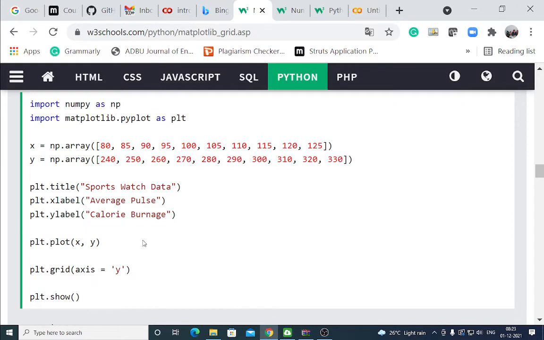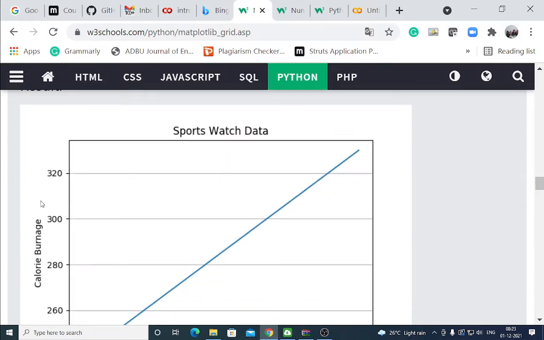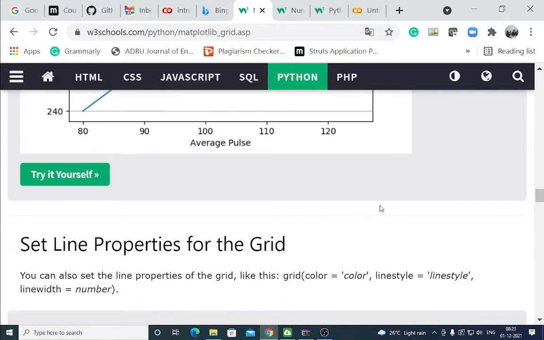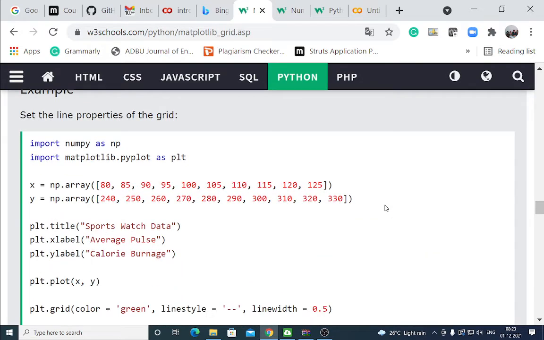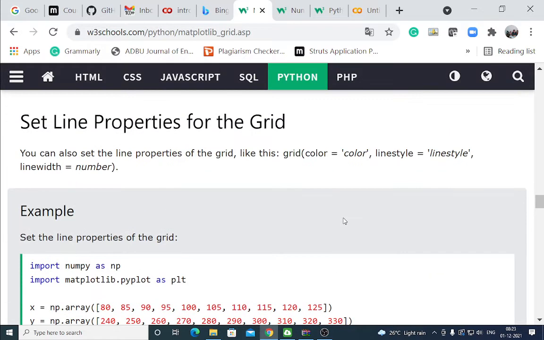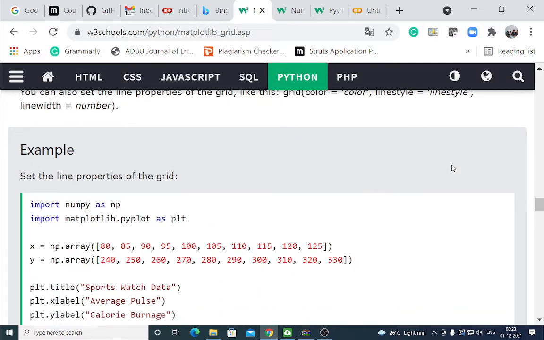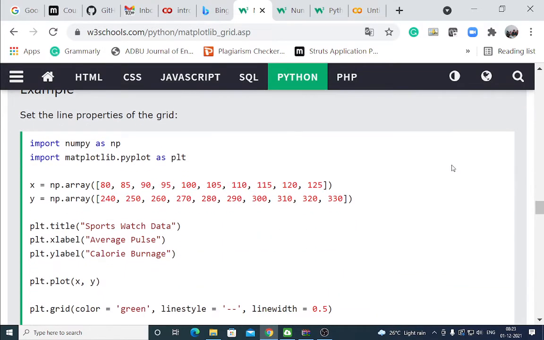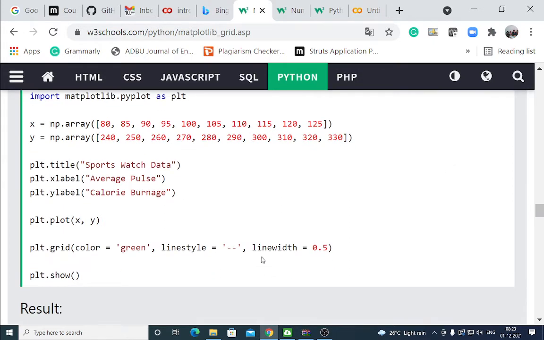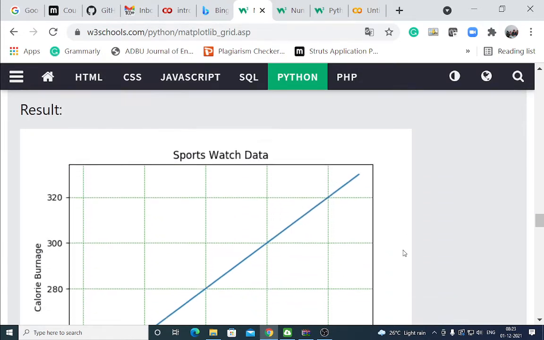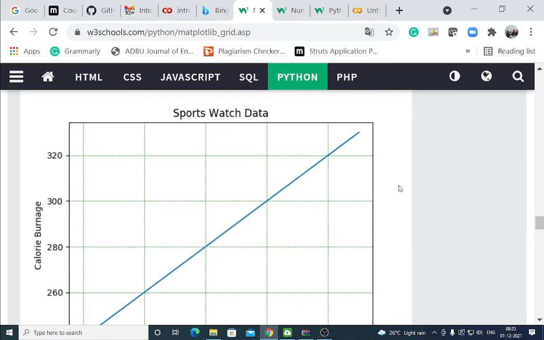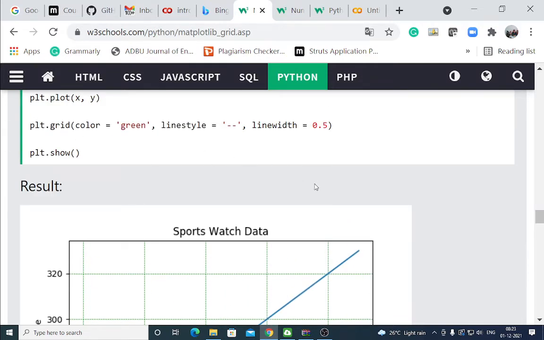Here only grid for y-axis, then it will show grid for y-axis. Set line properties for the grid. Color, line style, line width. Plot grid, then green, line style and line width. You can use this for grid.